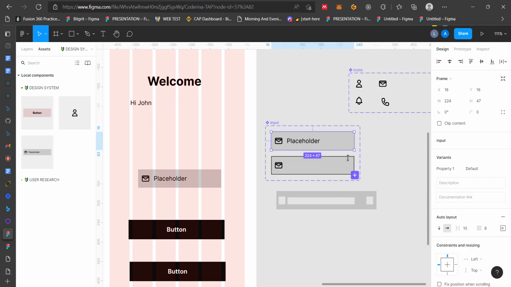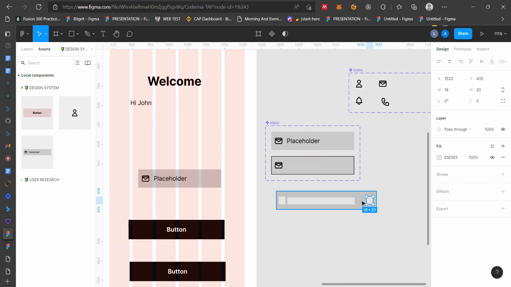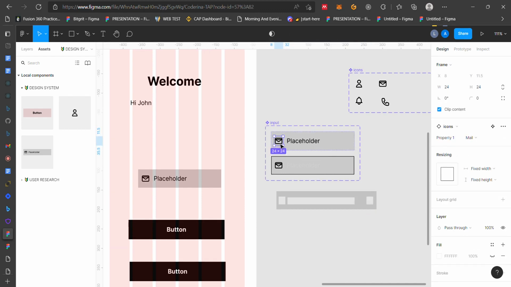So now you remember what you want to do. You want to add an icon at this end, right? So what you just need to do is